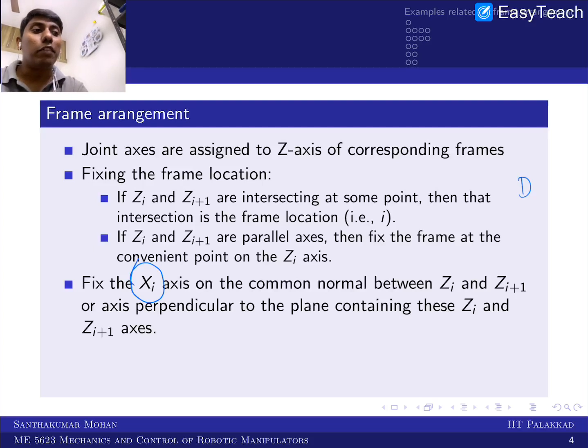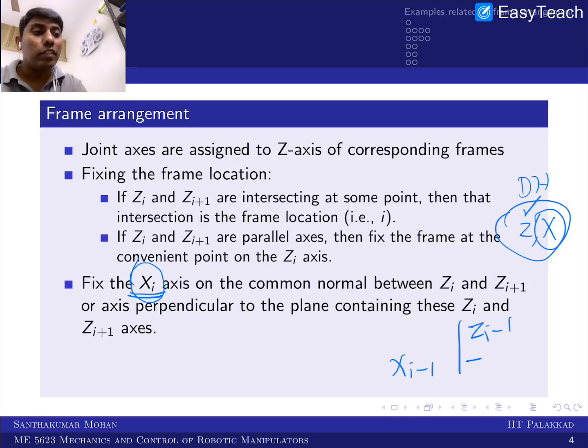Because as per the Denavit-Hartenberg convention, we would be talking about z and x. So the z comes first, and then the x is supposed to come. In that sense, if I talk about xi or xi minus 1, then you have to see how zi minus 1 and zi are related to each other. If these two are parallel, you can see the common normal direction. If these two are intersecting, or associated with a single plane, the plane containing this, the normal to the plane is the axis of xi,